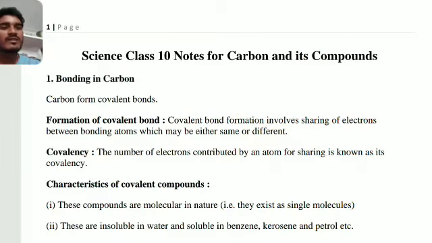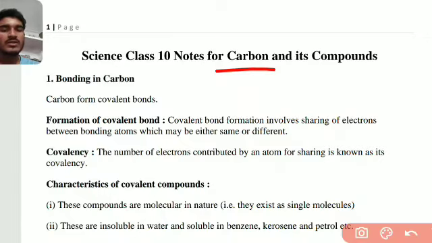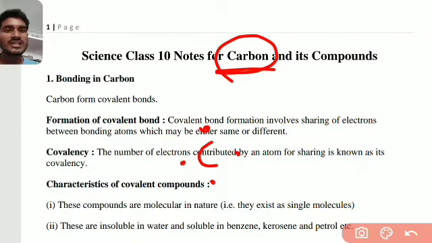So how they are formed, now we'll see. Carbon has 4 electrons. We draw the Lewis dot structure, and then we get covalent bonds. Valence electron is 4. To get the octet configuration, it combines with other atoms. That is why we call it carbon and its compounds: carbon plus a combination of other atoms.